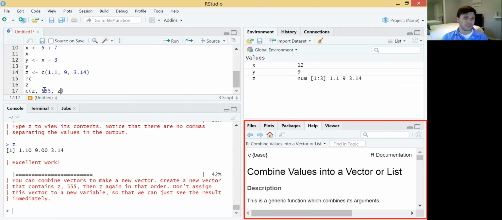Now you should remember Z has 3 elements. So I'm going to have the 3 elements of Z, then 5, 5, 5, followed by the 3 elements of Z. So you should think about how many coordinates or elements would be in that vector. It looks like there's 3, but remember, Z also has coordinates within it. So when we run that line,